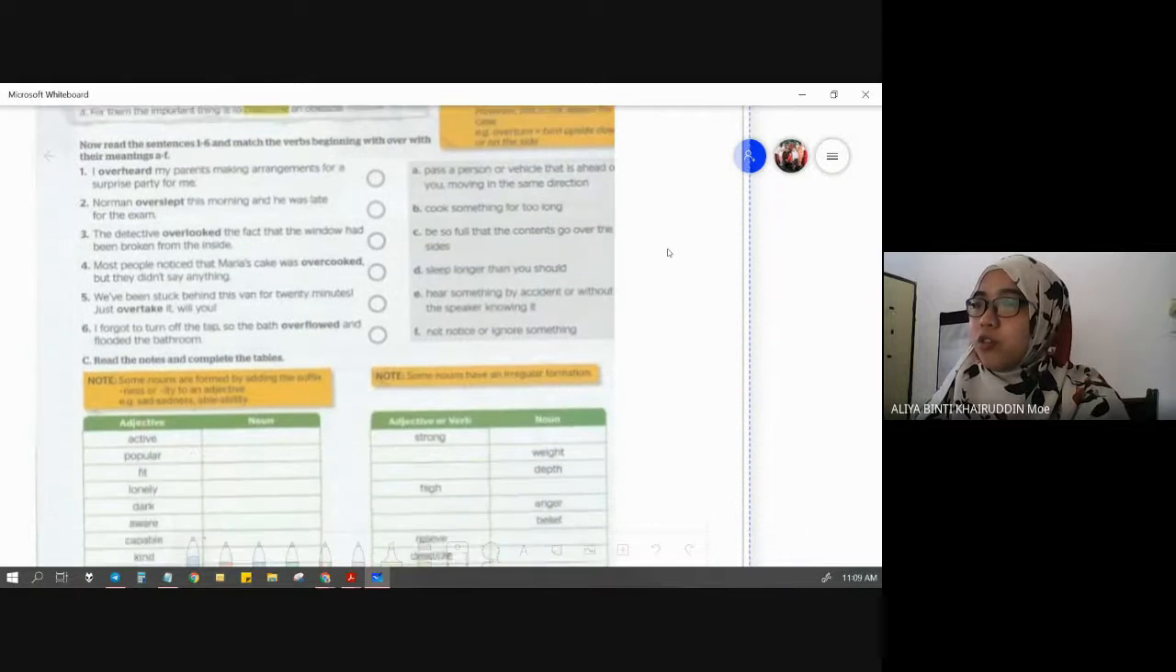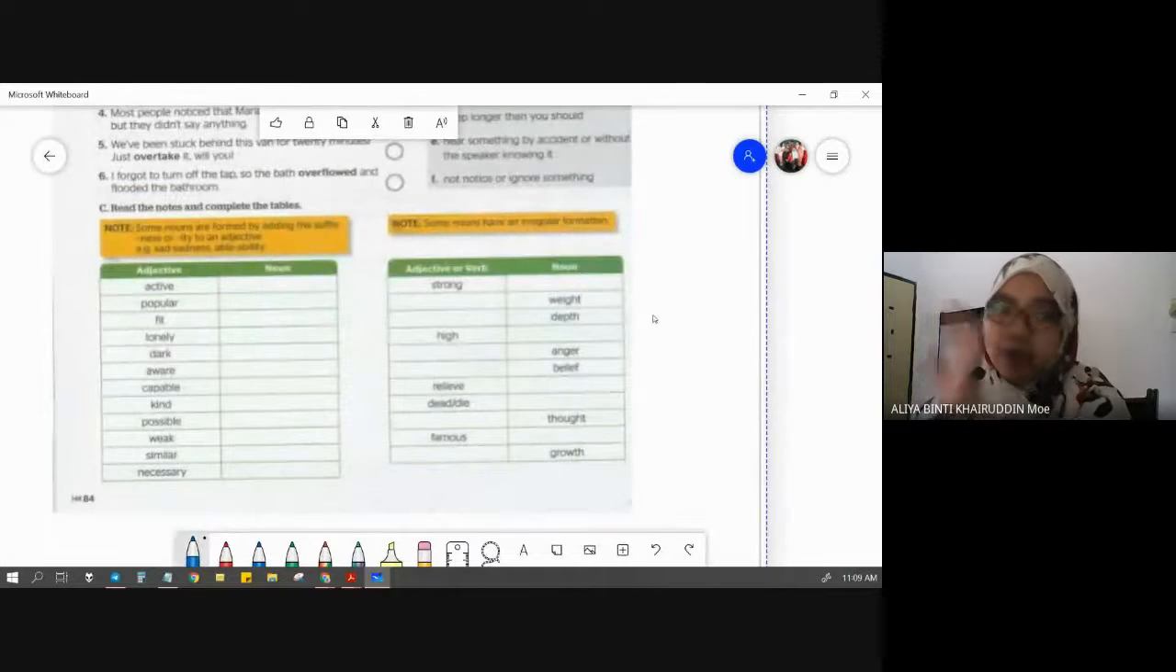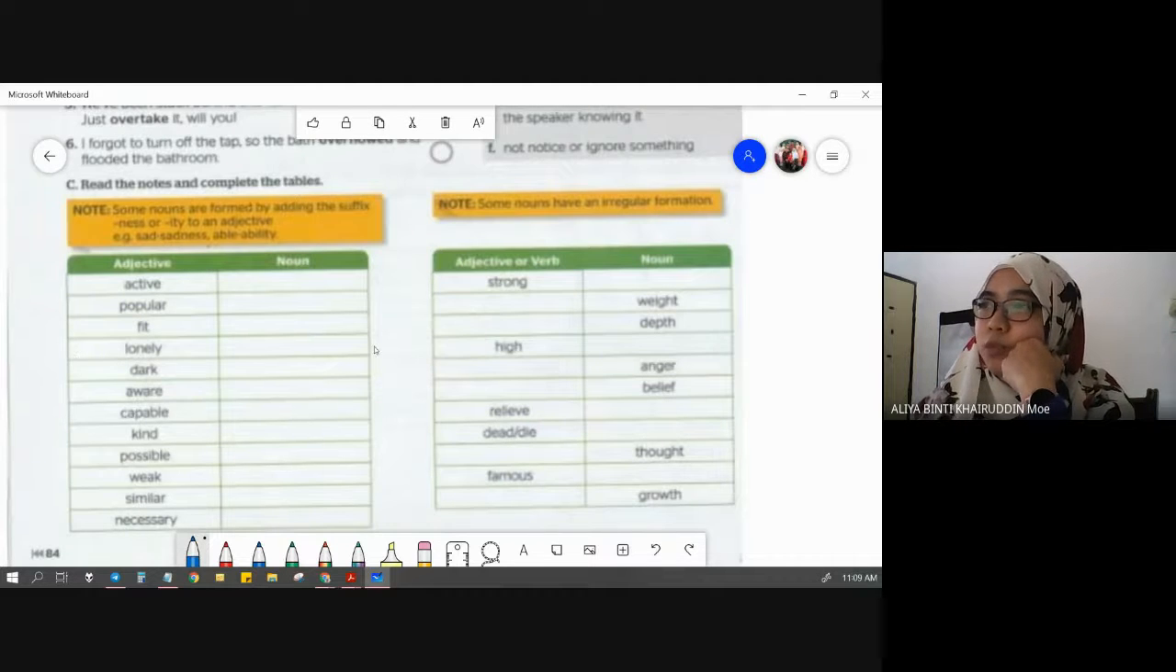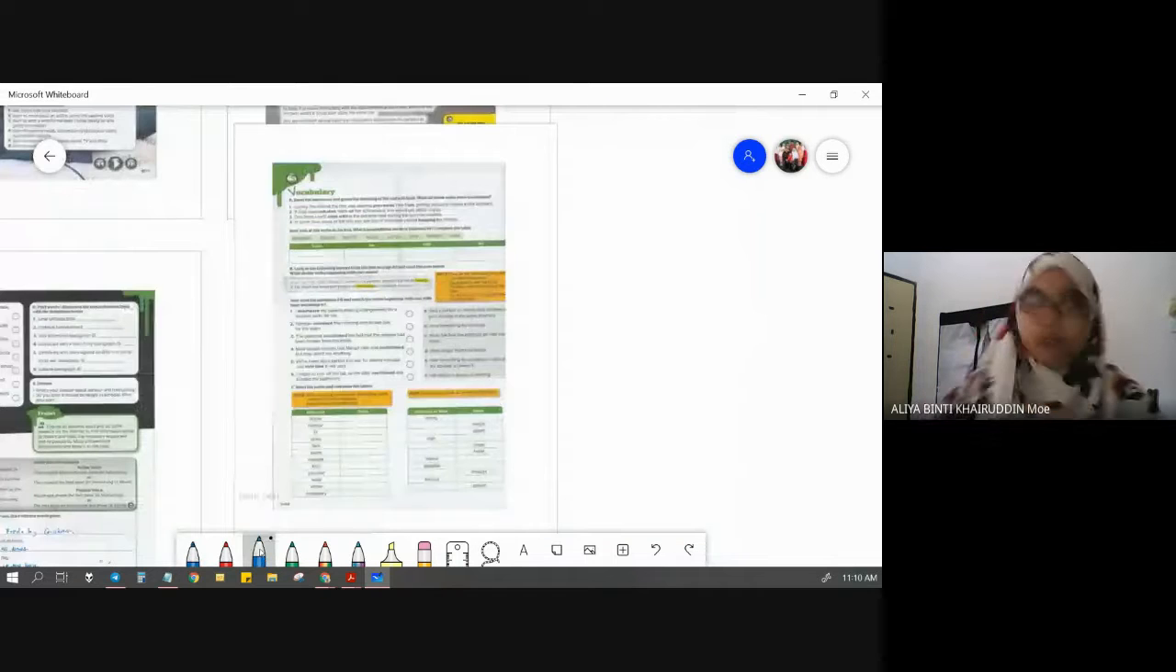Now for C, this one is quite tricky. So I want you to do this in groups later. So for C, read the notes and complete the tables. So draw the table and then draw adjective and noun. And here there are 2 tables that you should draw, adjective and noun, and also adjective or verb and noun. So you need to change the word here to become a noun. For example, active, you put activity and then it becomes a noun. And then popular plus ITY, it becomes popularity. Fit, is it fit? So choose whether you put